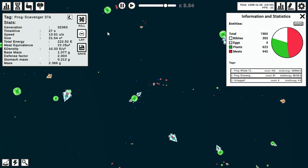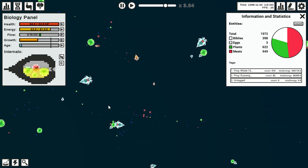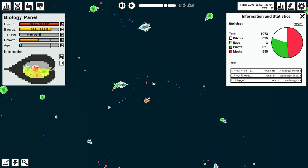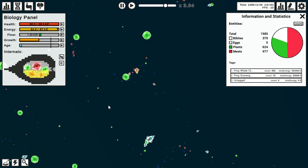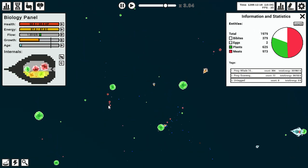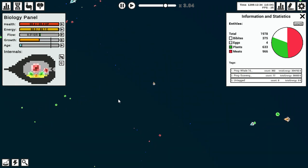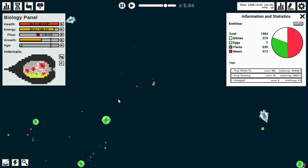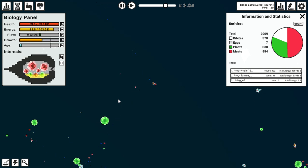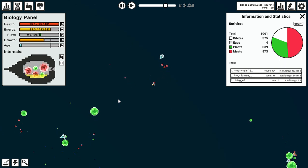So, babies still can't really do well with plant matter. It's to be expected. I would not in any way expect these guys to be able to survive in a plant-only environment. Not yet. Not really sure how much longer it would take to do so. With the way the brain has been adapting to the body modifications that I made, I wouldn't be surprised if it got to the point where the babies were able to sustain themselves off of the plants as well,